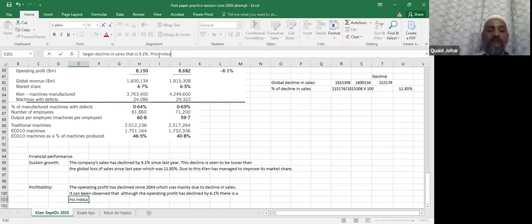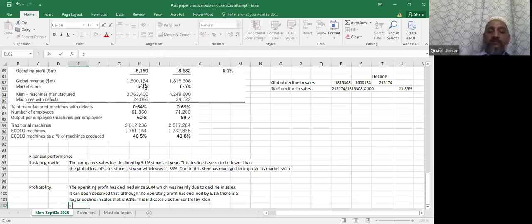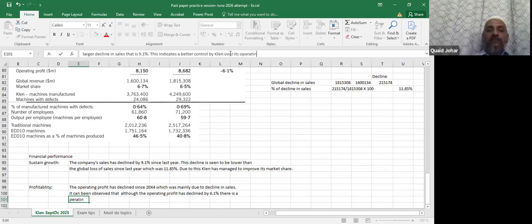Indicates a better control over operating cost. Right? So this was basically a comment on